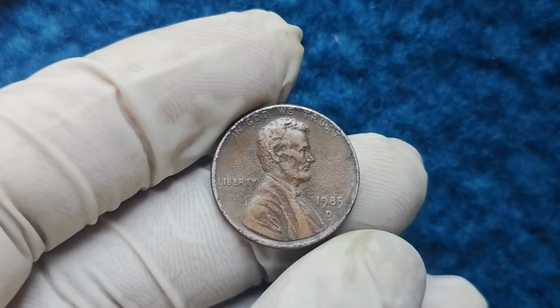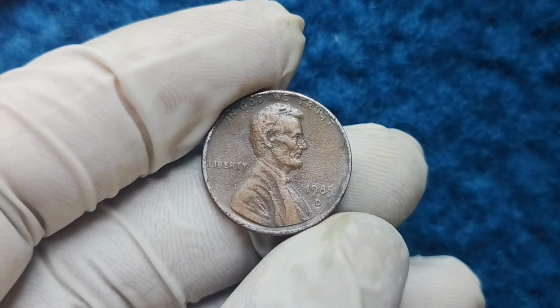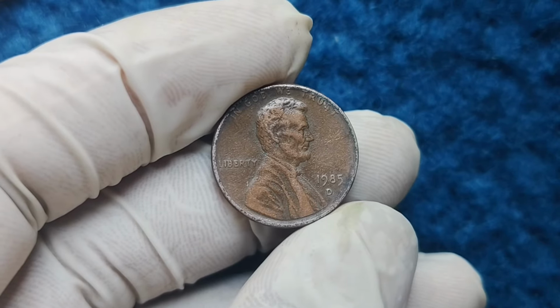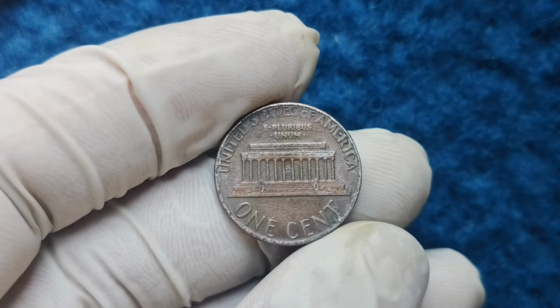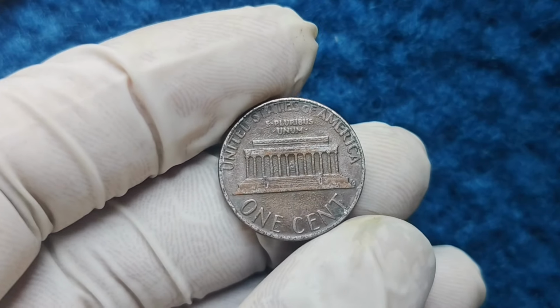If someone offers you $50 for your coin and you know it's worth much more, run. Always sell through reputable auction houses or trusted dealers. Coins like these do best at major auctions like Heritage Auctions or Stacks Bowers, where serious collectors are willing to pay top dollar. Conclusion. Alright, so now you know the 1985 D Lincoln penny isn't just any penny, it could be